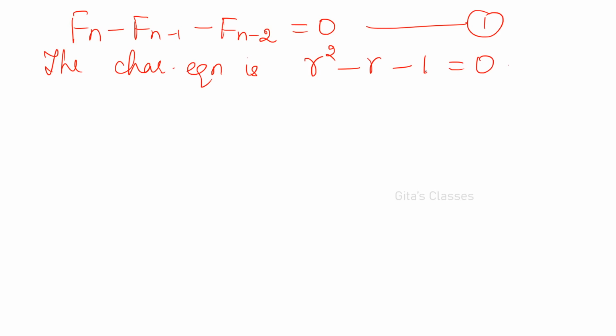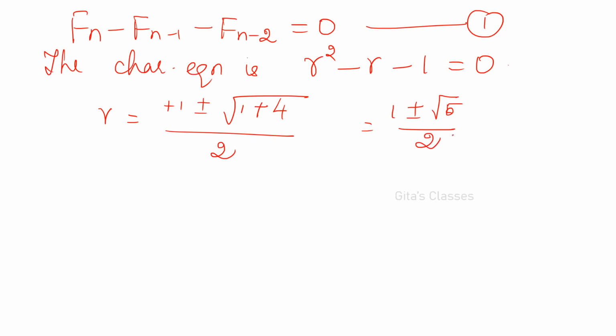You don't have a value satisfying this, so you have to solve for r. Minus b, that is plus 1, plus or minus root of b squared minus 4ac. b squared is plus 1, then minus 4, so here you have one minus, therefore it will be plus 4. Okay. Divided by 2a, that is 1 plus or minus root 5 divided by 2. Right? Now, what is the solution? The roots are 1 plus root 5 by 2 and 1 minus root 5 by 2.